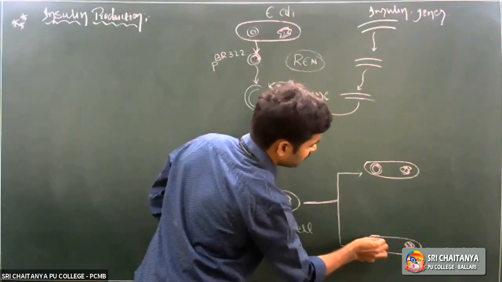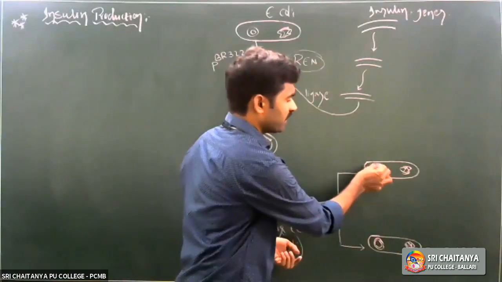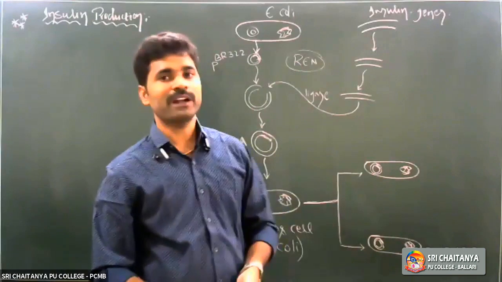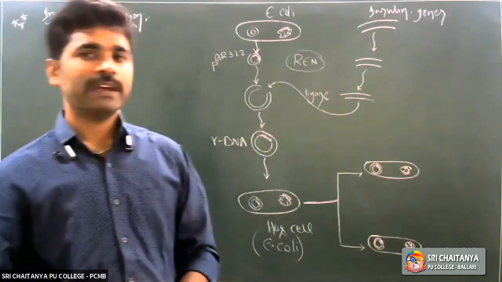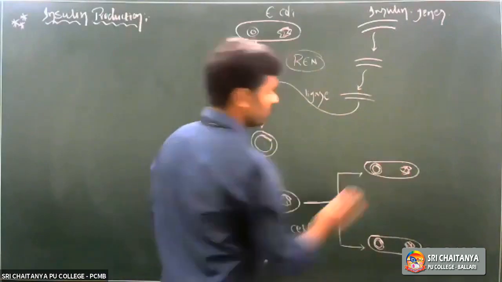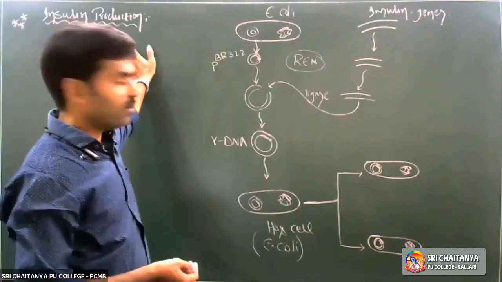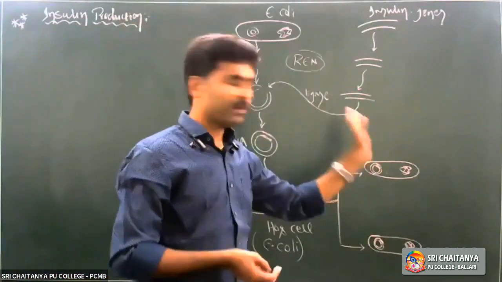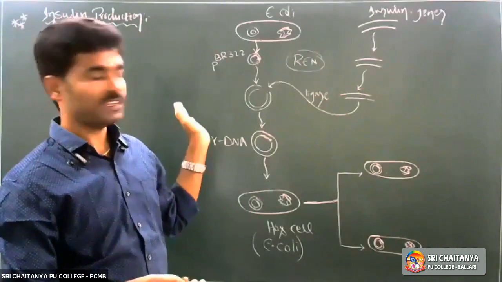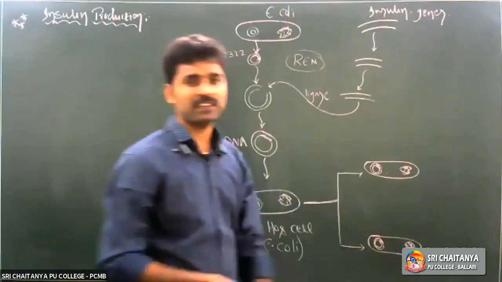That human insulin gene, or human insulin-encoding genetic material, which is present in the bacterial cell cytoplasm, undergoes transcription and translation and synthesizes proteins. Which proteins? Insulin proteins. Finally, by using downstream processing, we can easily separate the desirable protein, insulin, from the bacterial cells.